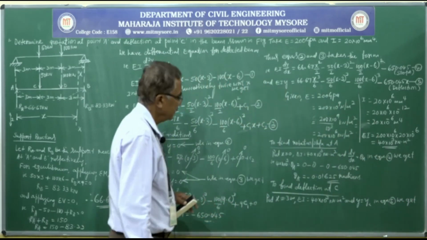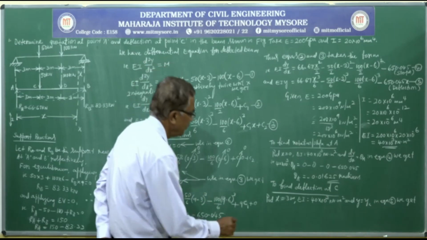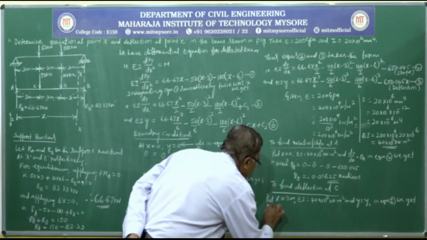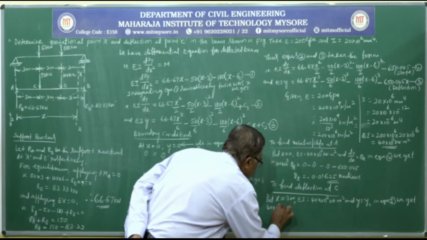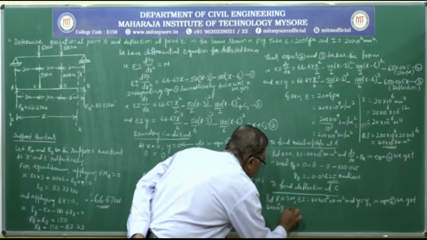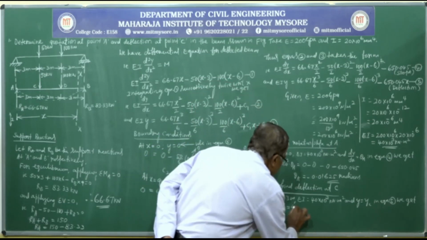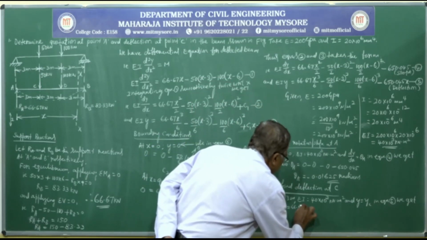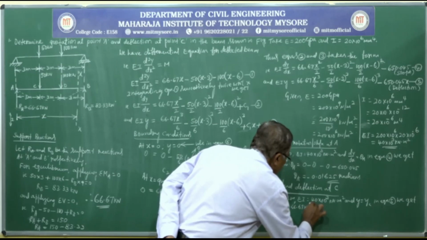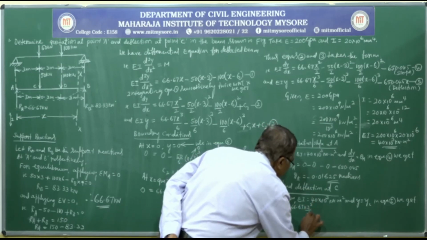We get 40 into 10 power 3 into yc is equal to 66.67 into 3 cube by 6